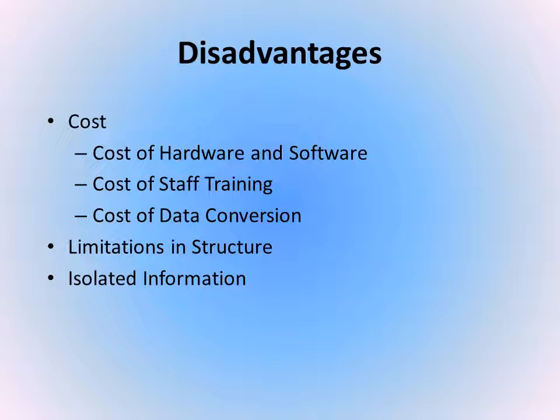So let us look at each of them in detail. First, cost of hardware and software. For RDBMS, it is mandatory to have high-speed processors and also a large amount of memory size, because nowadays there is a large amount of data in every field which needs to be stored safely and with security. The requirement of this large amount of space and a high-speed processor needs an expensive hardware and expensive software too.